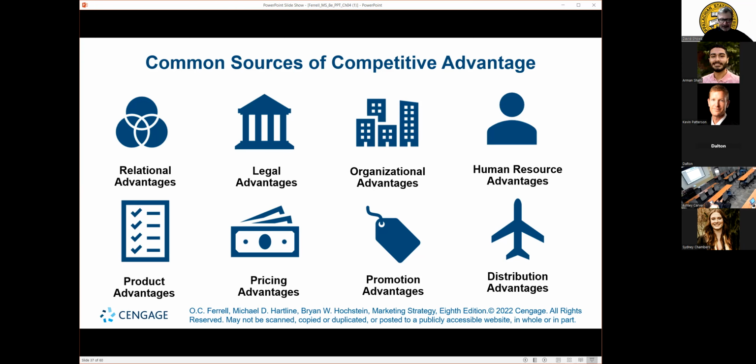You can have modern plants and equipment. You can have a culture and a vision that is considered organizational advantages that nobody else has. You can have superior talent in human resources. You can have a great culture and a skilled labor force that churns out good things over and over again. You can have an iPad. You can have an iPhone. You can have the watch. You can have unique products that are so specialized that they simply can't be replaced.